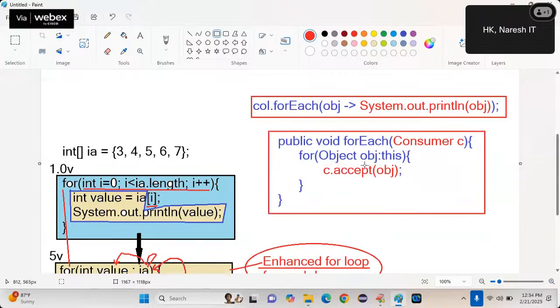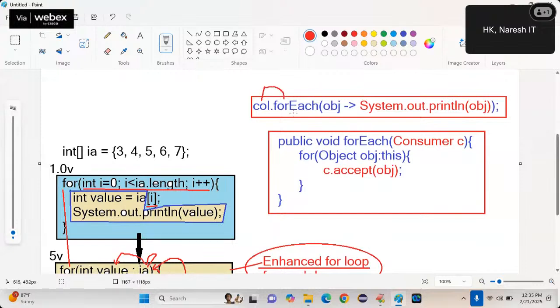Look here. This one, is it already available or are you writing it? Already available. What you are writing is this line. What is my requirement? I want to retrieve the objects from the collection. To retrieve objects from the collection, I should write a for each loop, or I should hide the for each loop. Then I should only call: from which object you want to retrieve the objects? That collection dot forEach.